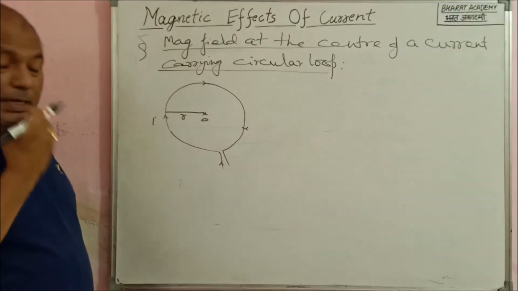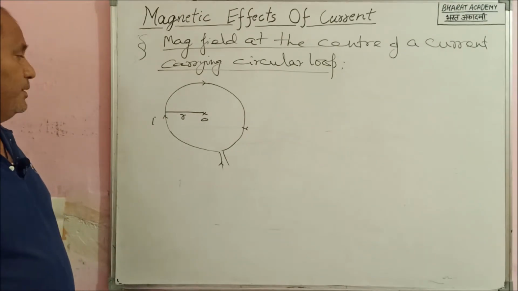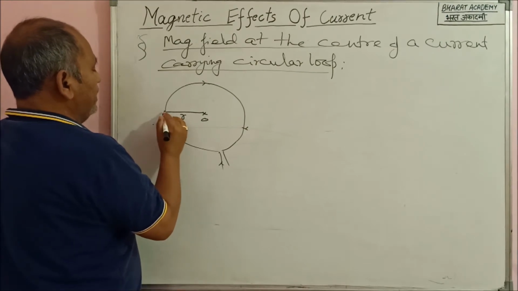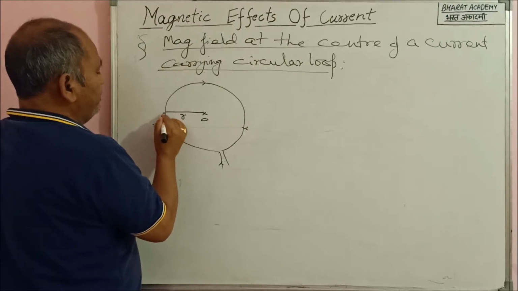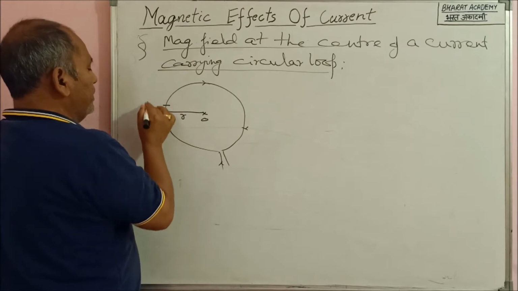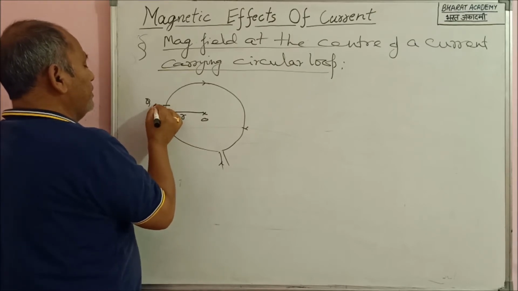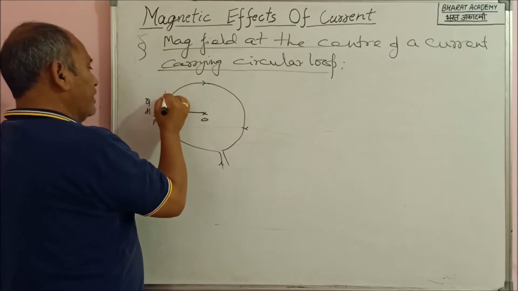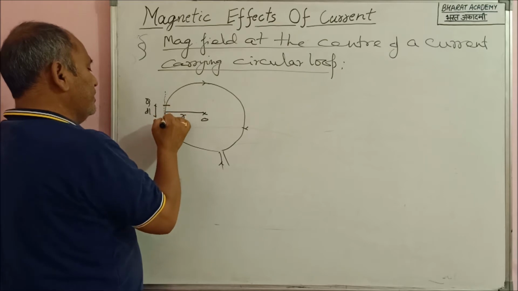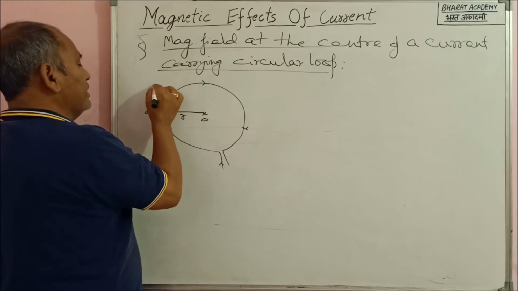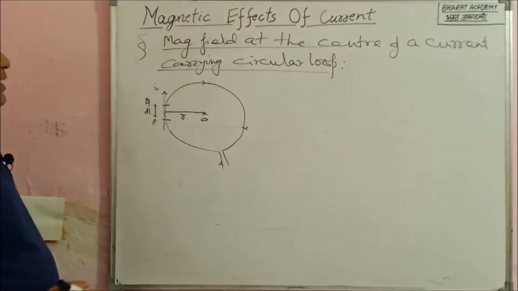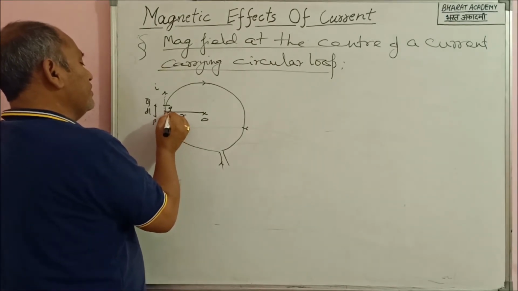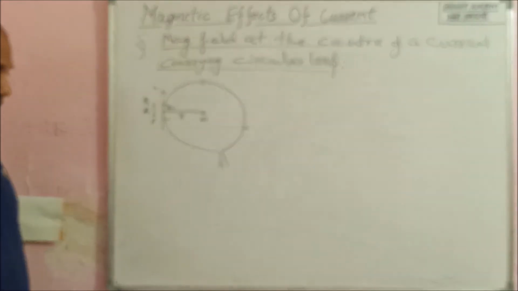Now how to apply Biot-Savart's law? For that we simply consider a small segment, let it be again PQ, of this circular loop of length dl. If I want to find out the current direction, I will draw a tangent at this point that will show the current direction, right? And the radius is always at 90 degree with respect to the tangent, so this is always 90 degree, right?